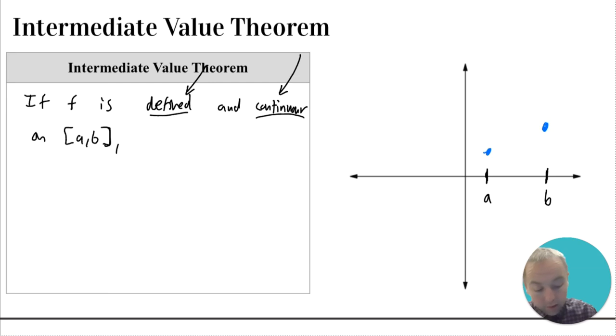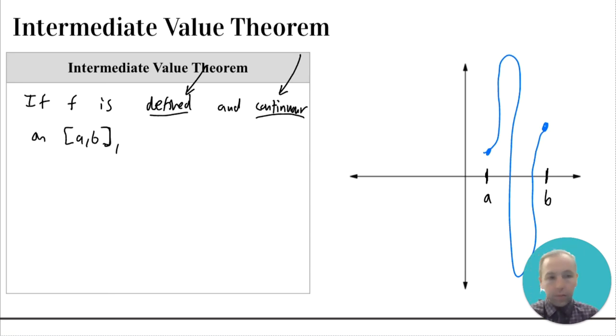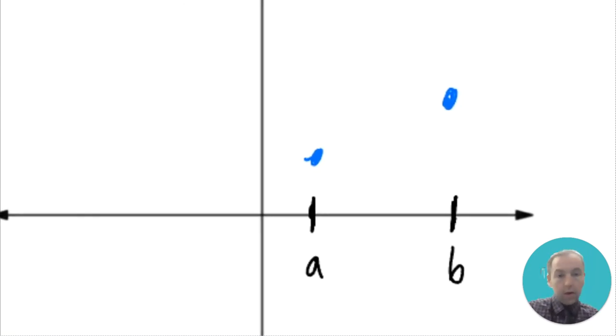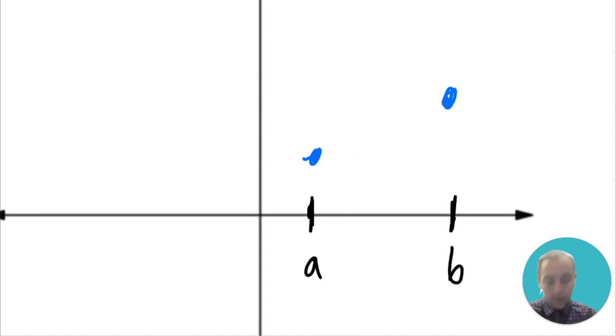A lot of stuff could happen. It could go like this, or it might go really high, come back down, right? But at least it's going to be completely defined and continuous on that interval. So because it's defined and continuous, we can say for sure that to connect from dot one to dot two,